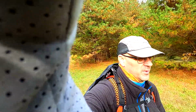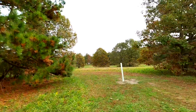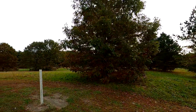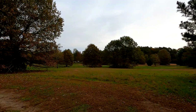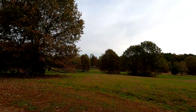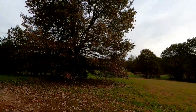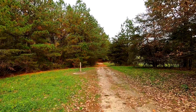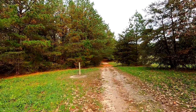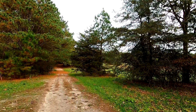All right, broke out of the woods a little bit ago. Out on the back side of the park again. Pretty much just open fields back here. Straight ahead that way is the RV and campsites. Straight ahead this way is the cabins. Big parking area, playground area up here for